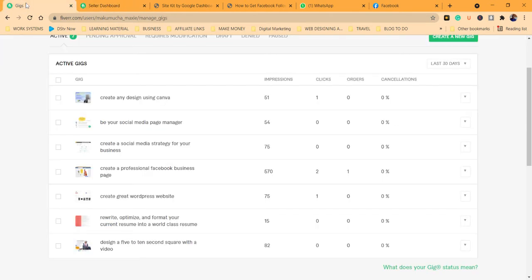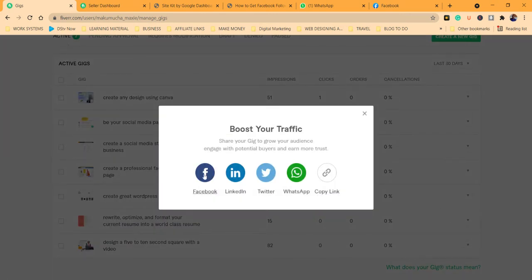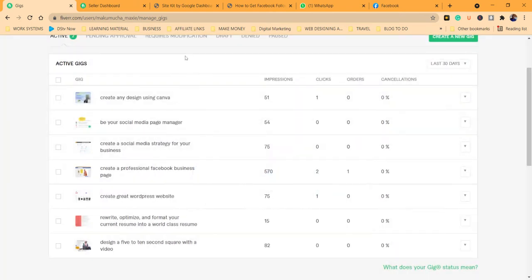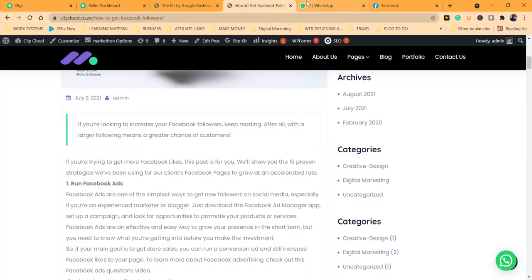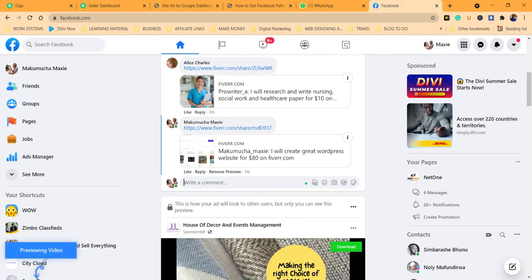After you've created an account, you come where it says gigs. Under the respective gig, you click the drop down menu. Let's say I want to choose this gig. You click share. Then you can share it on any of these social media handles, or you can copy the link and you start pasting it wherever you want. All right, so the first here is